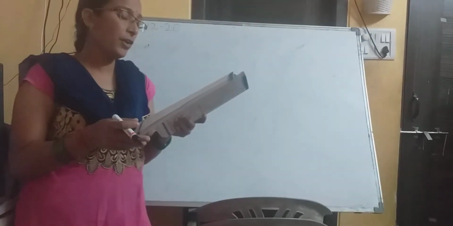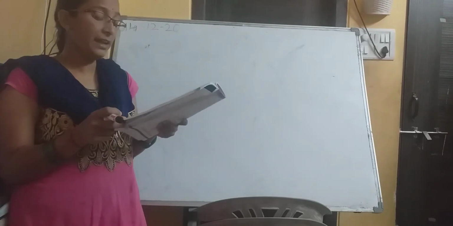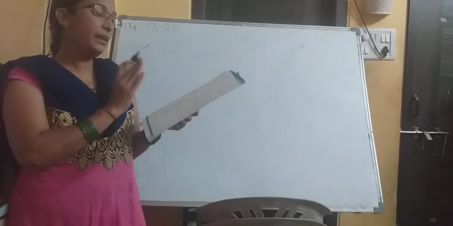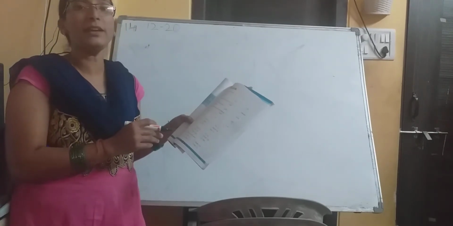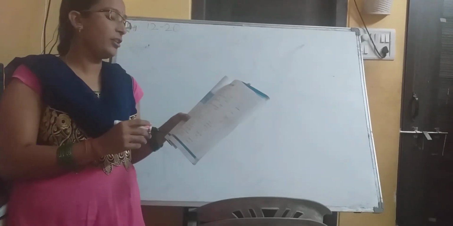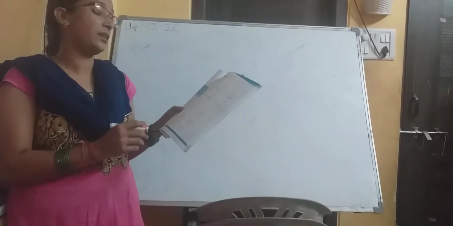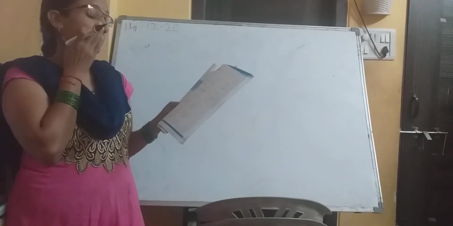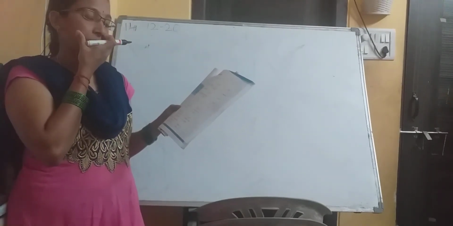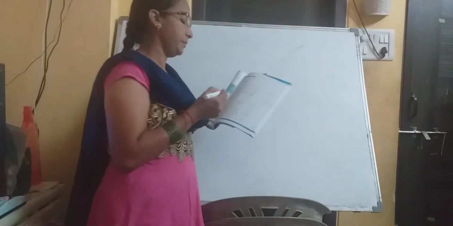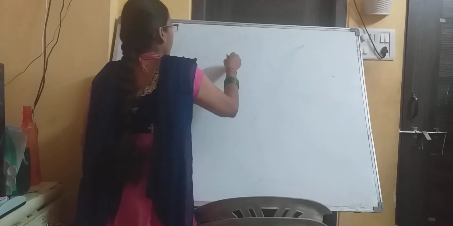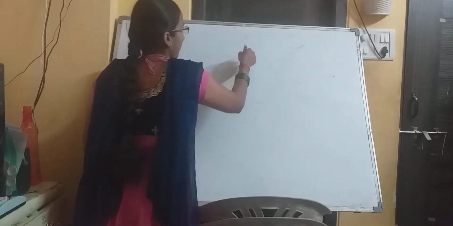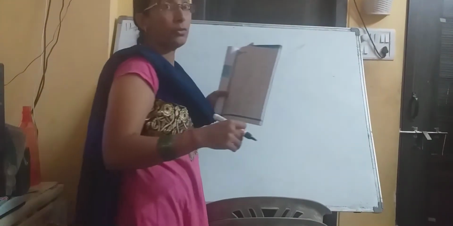Yes, if you have how many digits? 10, 1, 0. So, 1 digit from your right side moves towards the decimal part. That is 56.34 you are going to write. See, 563.4 divided by 10.